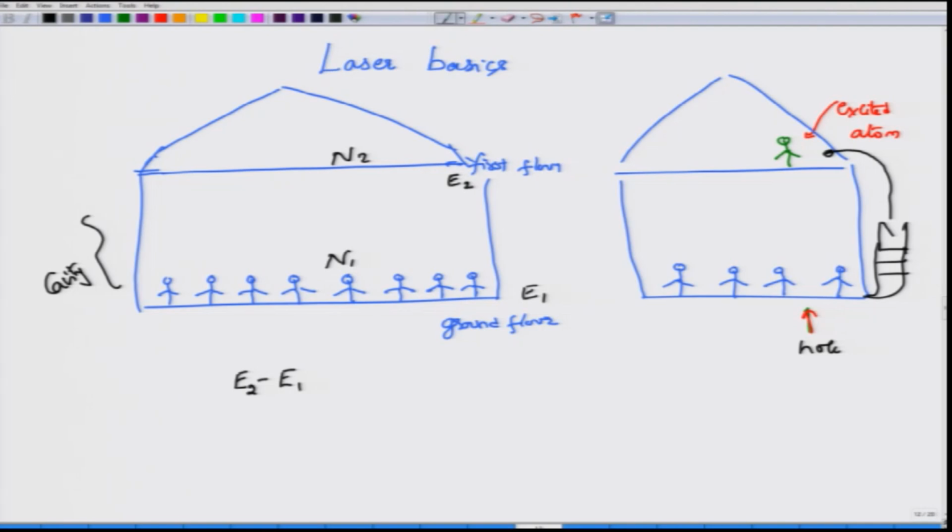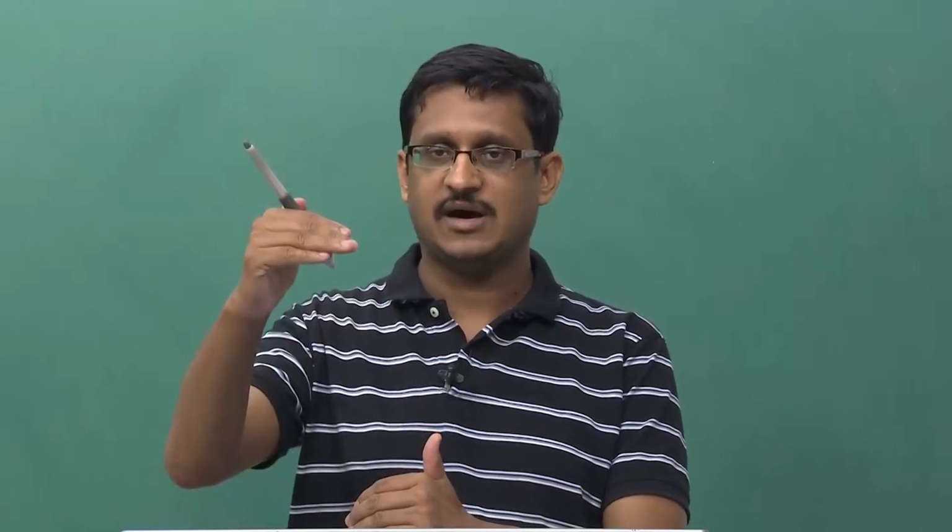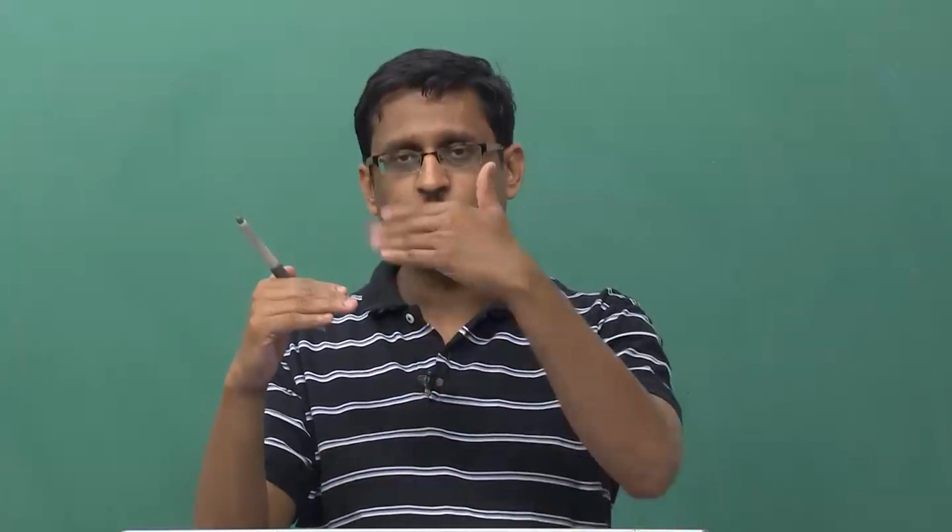So, in the matter, when there is non-zero temperature, there will be certain energy available to the atoms sitting on the ground floor, and these atoms can absorb that energy. Usually it is electrons which absorb this energy, and these electrons then jump to the next available electronic energy level. Okay. I am assuming that since there are only two energy levels, they can go from E1 to E2, right.